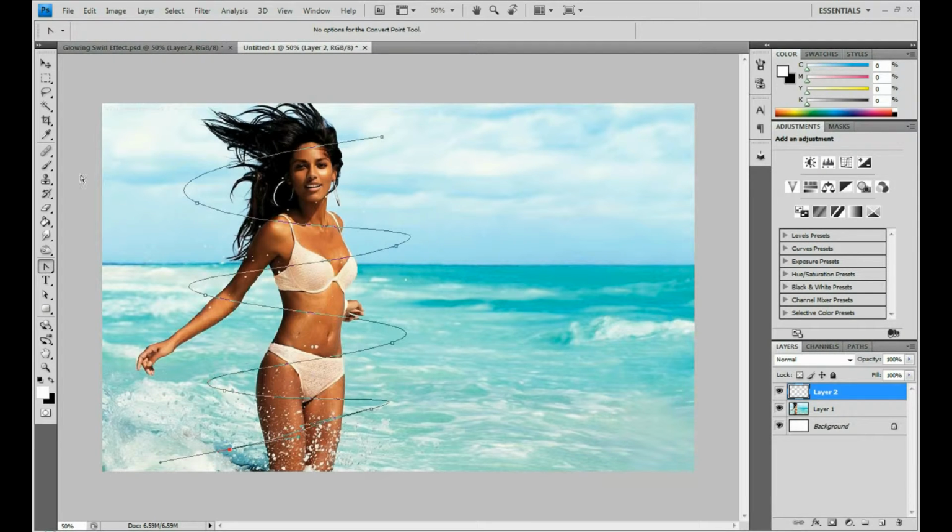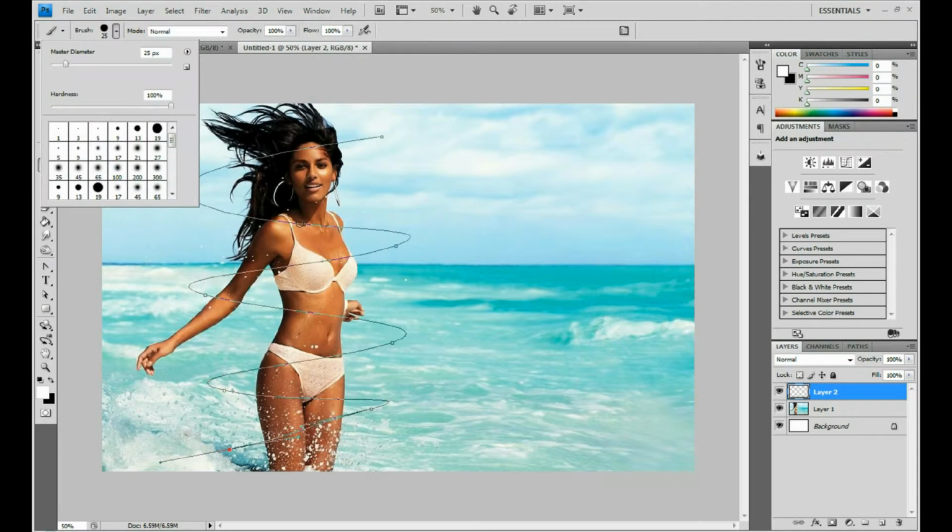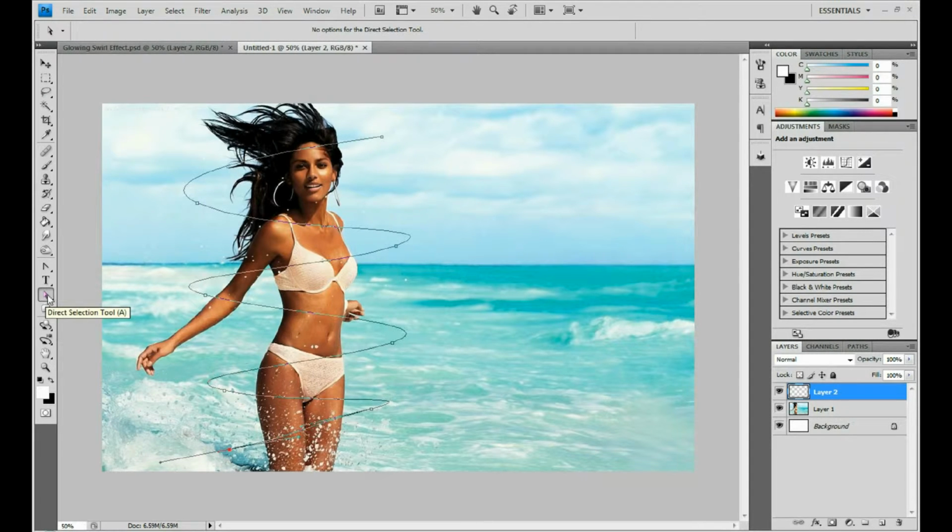After you have that done, click on your brush tool. For this size of an image, I found that 25 pixels works really good, and I like the hardness to be at 100%. Right below your text tool, select the direct selection tool, then highlight all your points that you